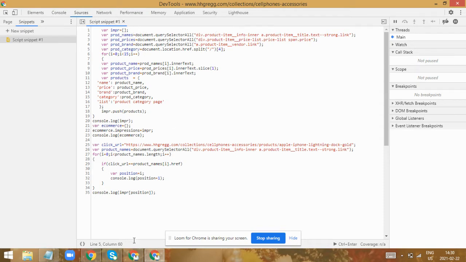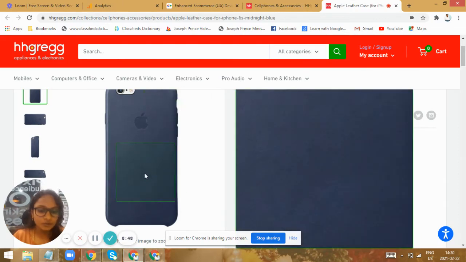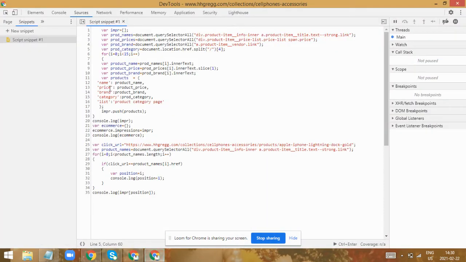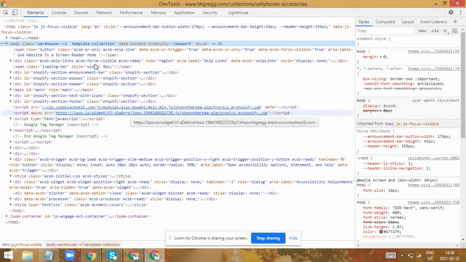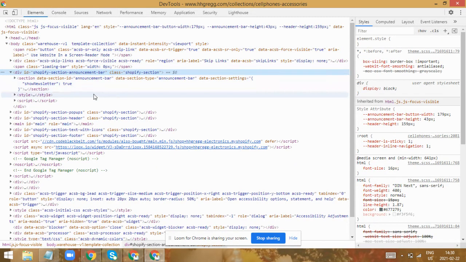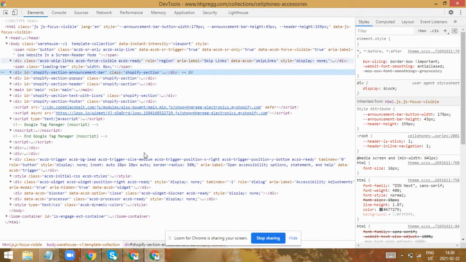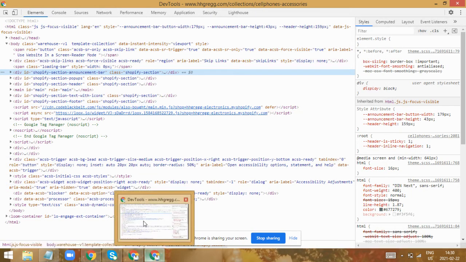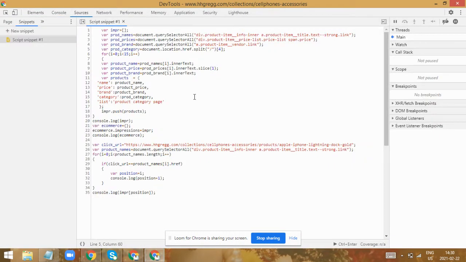So similarly, if you go here in the elements, step by step in DOM scraping, we'll have all these details. We can get the particular element which we want based upon the class or ID or so on. And then we can get the required data from that DOM document. So for that, we need to write a code like this. I have gathered the name, price, brand, category for a particular product.